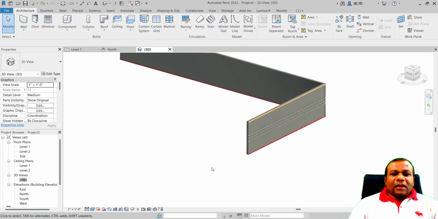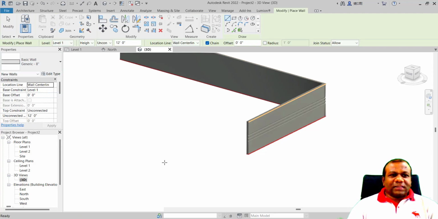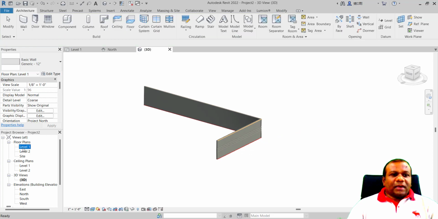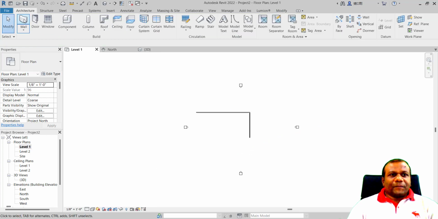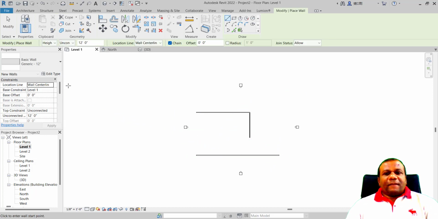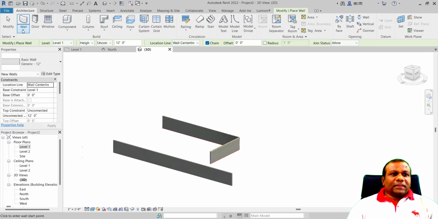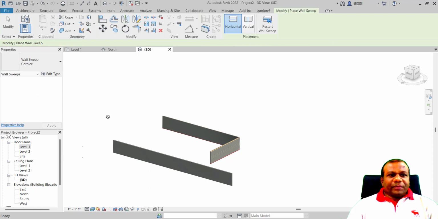Right, I'll show another thing, how to add reveal and sweep vertically and horizontally quickly. So I'll click wall. I'll take another type of wall, the generic one, and I will go to level 1 and wall, and I will simply draw a wall, something like this, and I will go to 3D view, and again in the architecture tab, wall sweep.